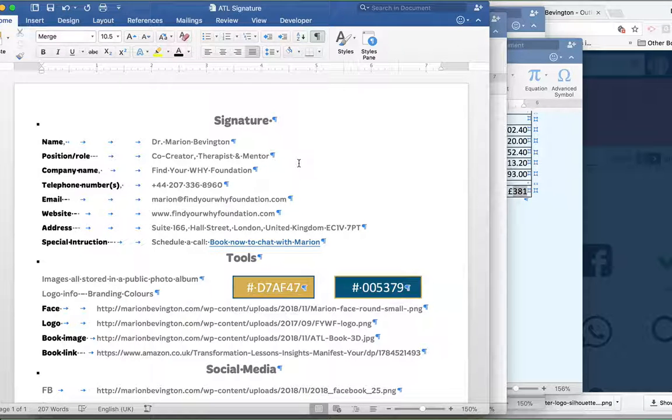That is my role within that particular business. There's lots of other things that I do, but you want to keep it relatively short. The telephone number that you want people to be able to contact you on, the email address, the website that you're specifically doing the signature for, and other information that you may want to add is the physical address, so that if people did want to post or connect with you through the mail, they would be able